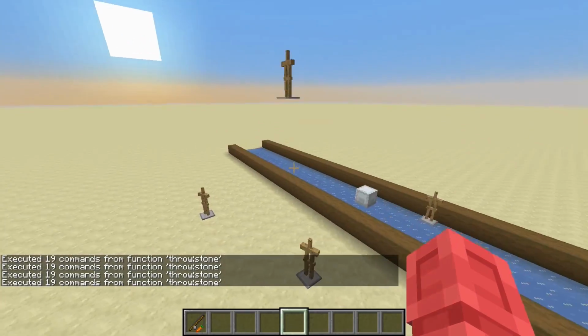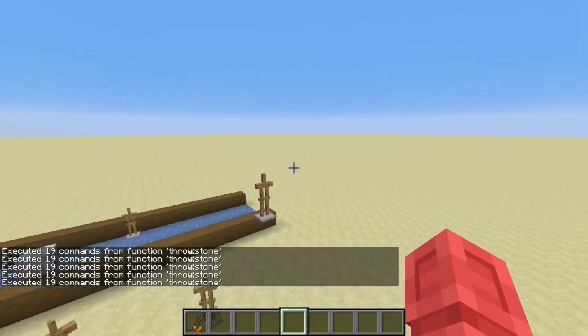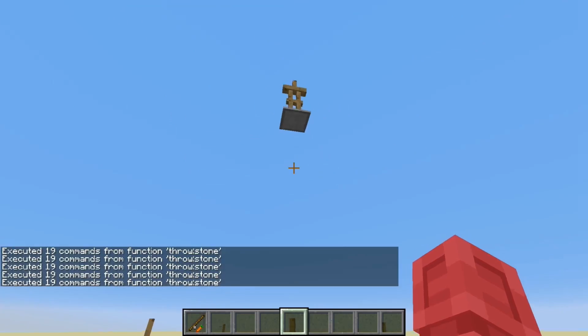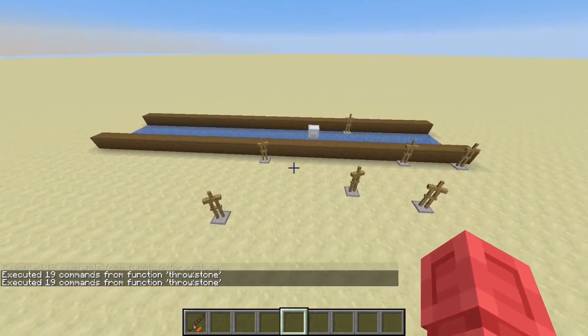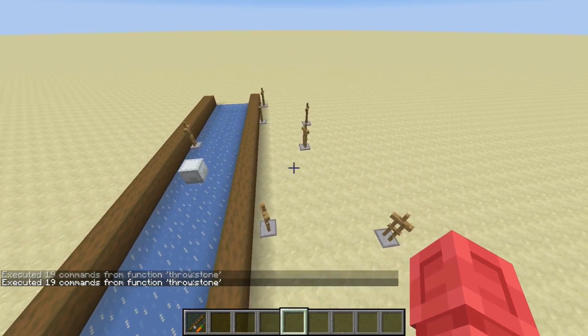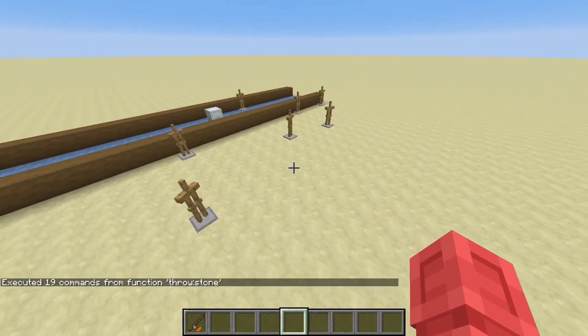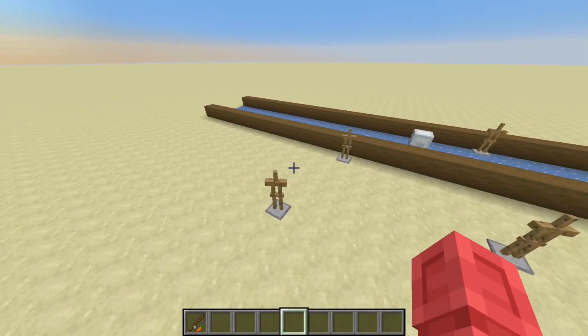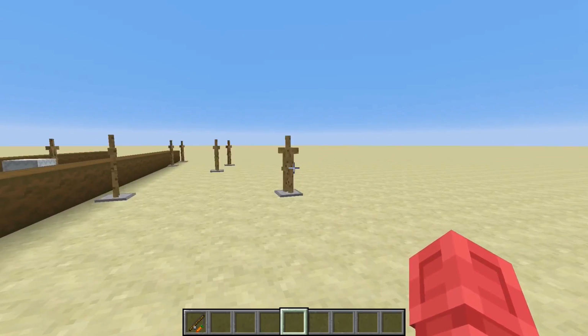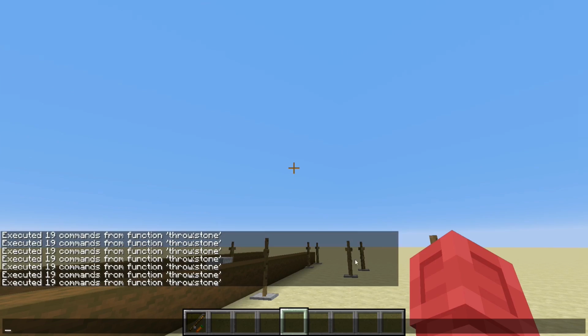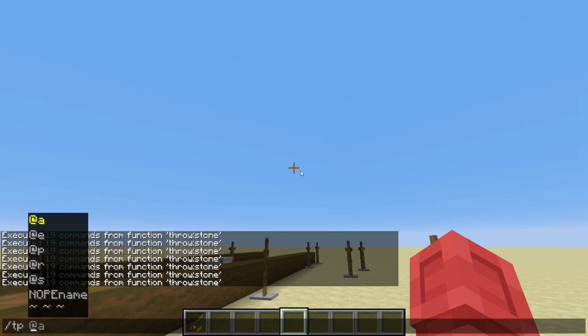and that's really cool. You can modify the range or the power you use to throw it, and so yeah, it's really simple. Basically, first of all, I'm using raycasting like in my other functions. So I summoned the armor stand and teleport it to me, so it gets my rotation. Then I teleport it 1/10 of a block into the direction I'm looking, using tp,